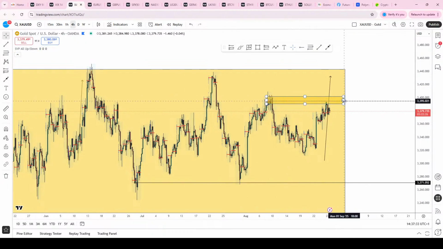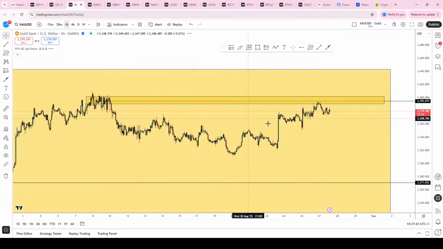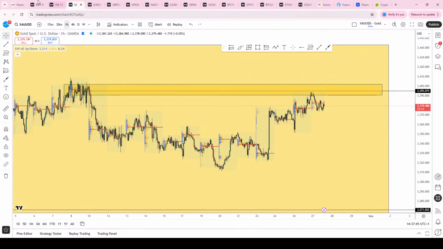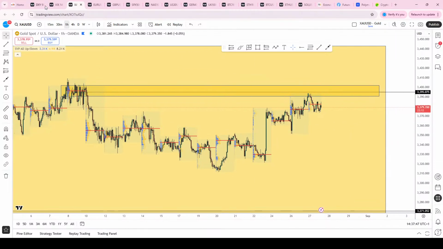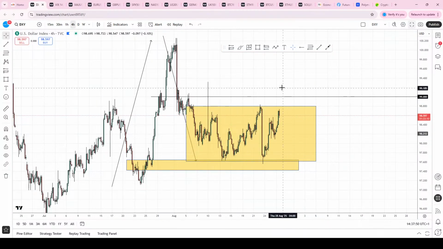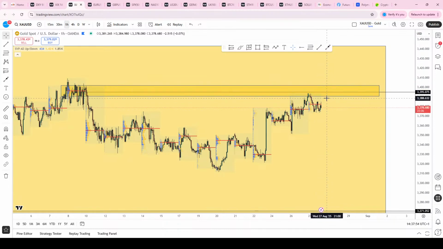Probably the last one I talked about there was gold. Gold did get back up to that 33.95 handle late yesterday. We're still trading below that, so there's no real clear break yet, as to be expected, because a lot of these markets are in a holding pattern. But again, if the DXY can manage to get a break or rejection off of that, no doubt you'll see that flow back into gold prices as well, depending on which way the directional bias tilts.